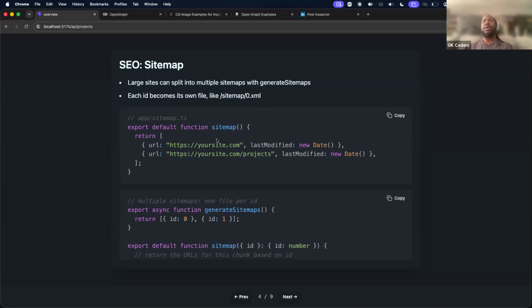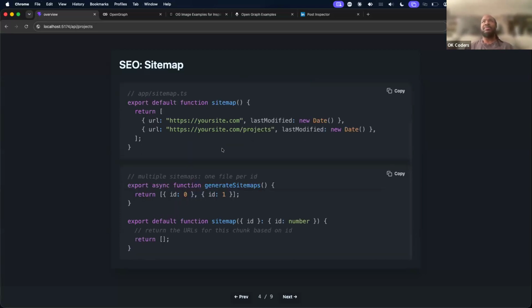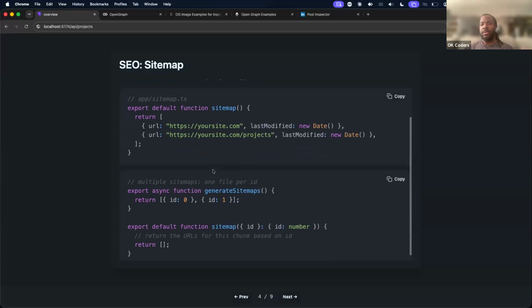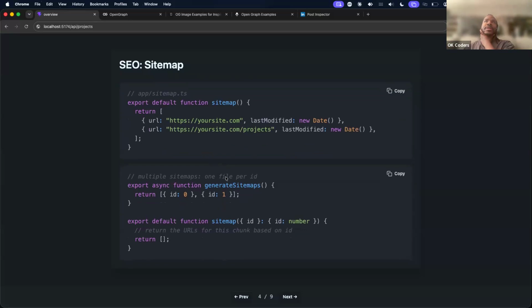Keep in mind these are in a JavaScript file, so you can use JavaScript to dynamically render them if you want to. So at some point, if you want me to show you while we're doing it, I don't know how much the sitemap is going to matter to you, but